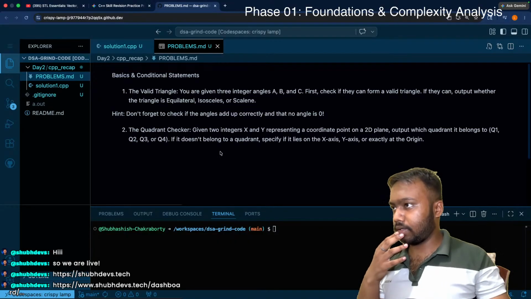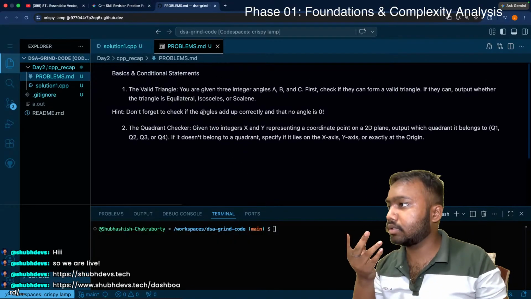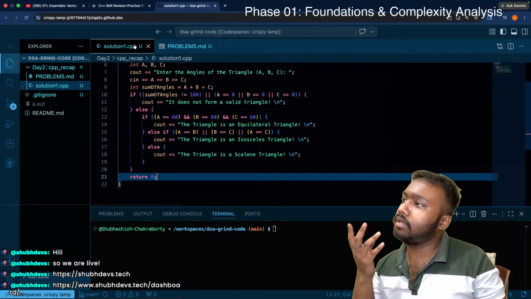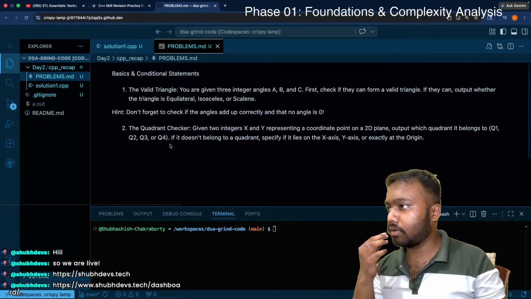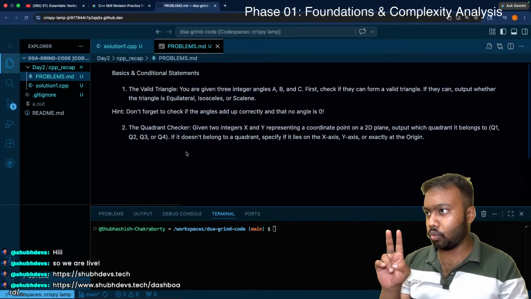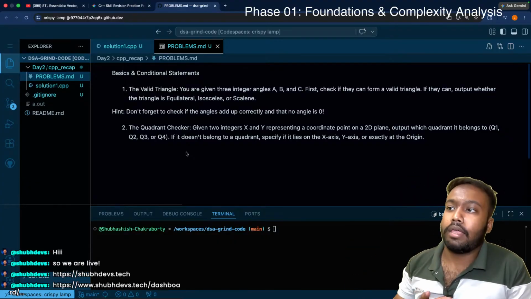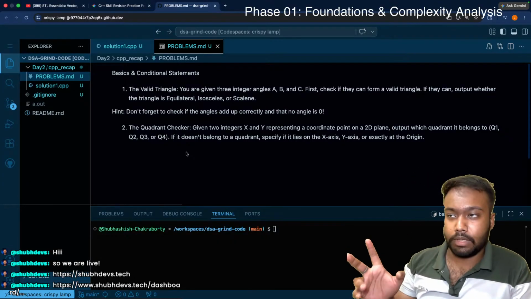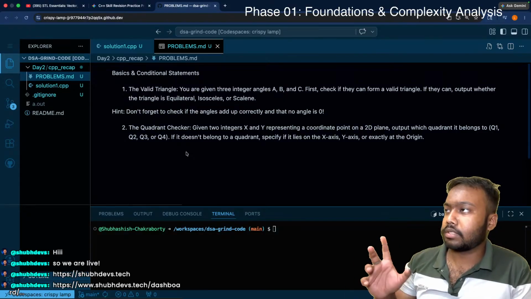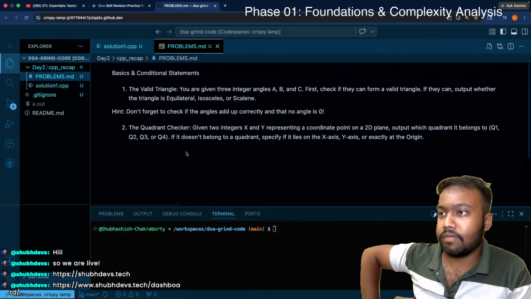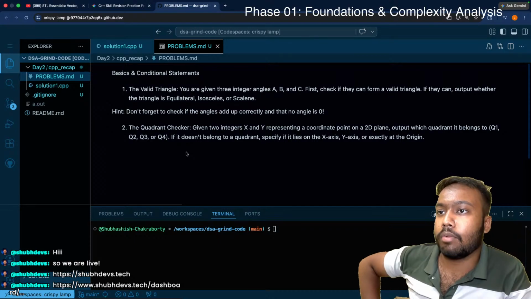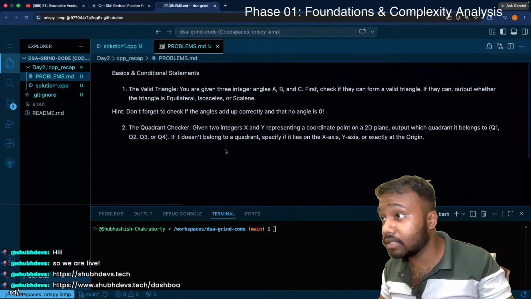the valid triangle, you are basically given 3 integers, oh this is over, no problem at all. So the quadrant checker, given 2 integers x and y representing a coordinate point on a 2D plane, it is obvious, like x and y say 2 and minus 5, so output which quadrant it belongs to, of course. If it doesn't belong to a quadrant,